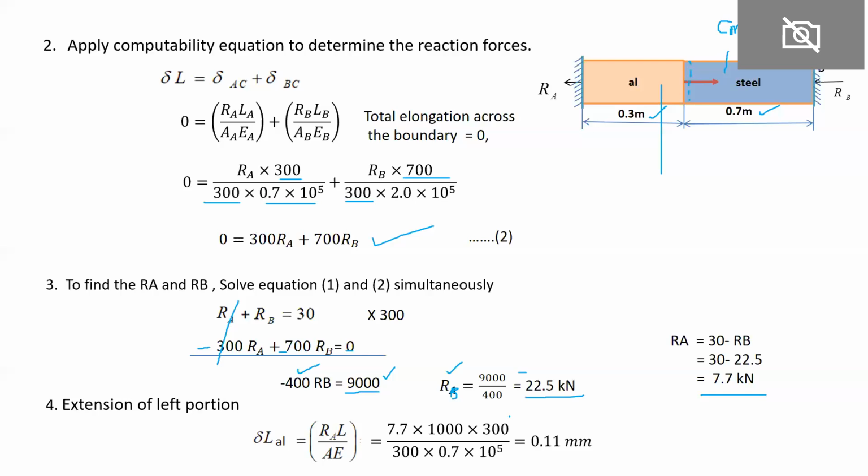Here L, the length of the member, is 0.3 meter, 300 mm, the area is 300 mm square, and its Young's modulus is 0.7 into 10 raised to 5. After substituting and simplifying, you will get the total extension of 0.11 mm. So thus, you can obtain